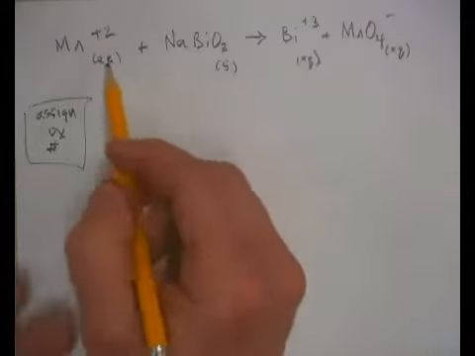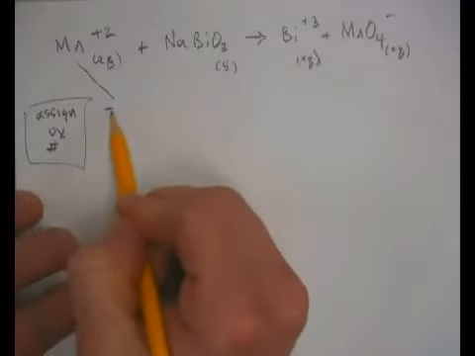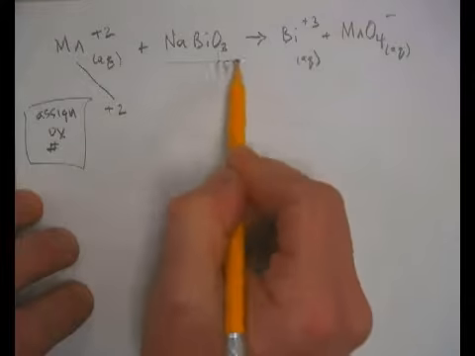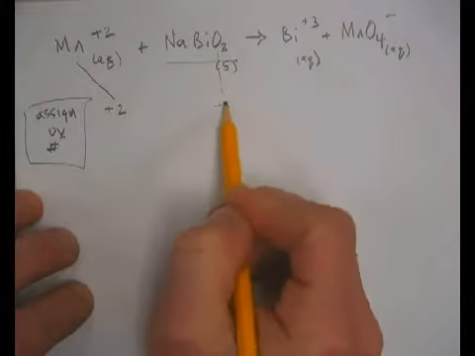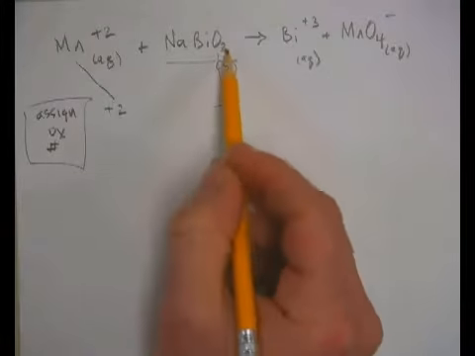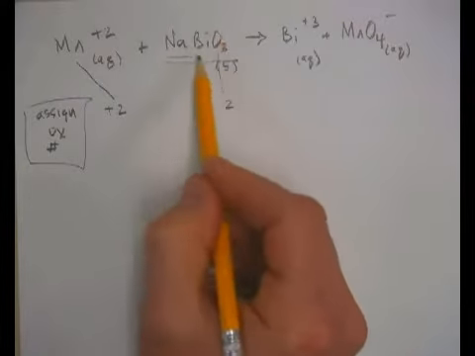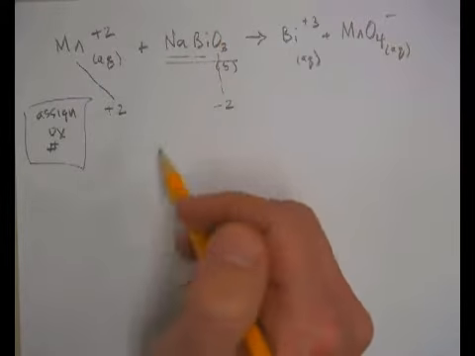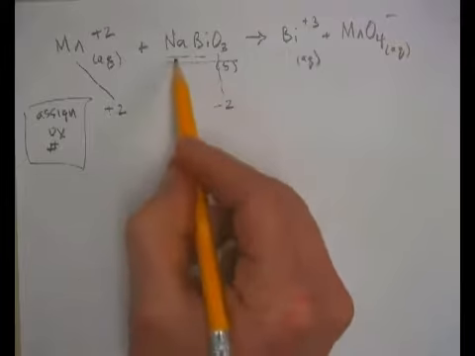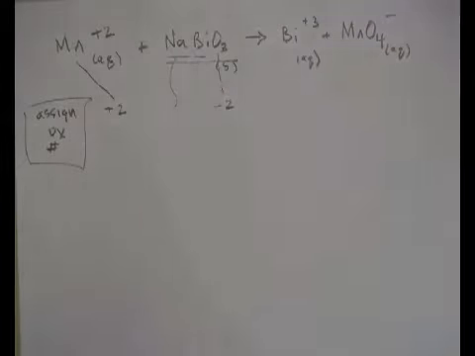Okay, hopefully you paused the video and went and assigned the oxidation numbers. This will be positive 2. Over here, remember, assign the oxygen first. This is negative 2. And since that's going to add up to negative 6 over here, this is kind of a challenging one. You don't like to hear this, but you're going to have to end up making an educated guess on this one. And a good educated guess comes down to saying that this sodium over here,